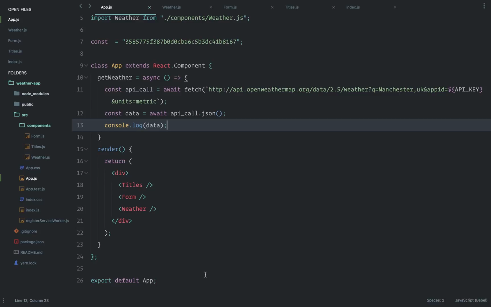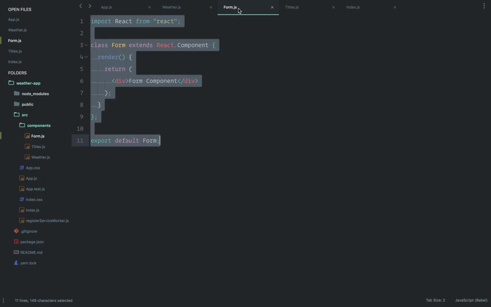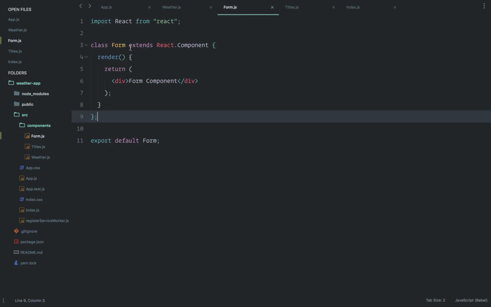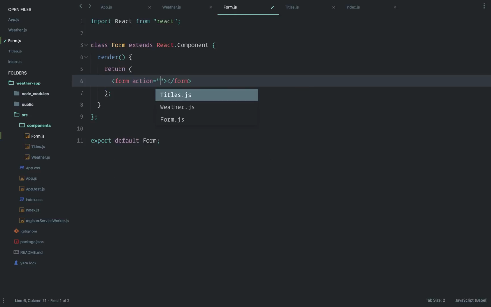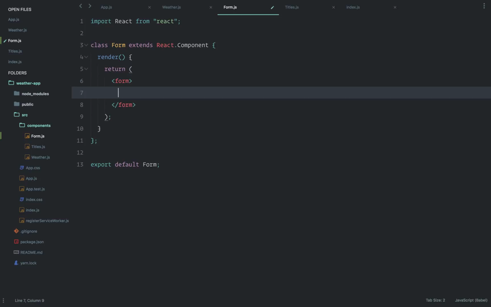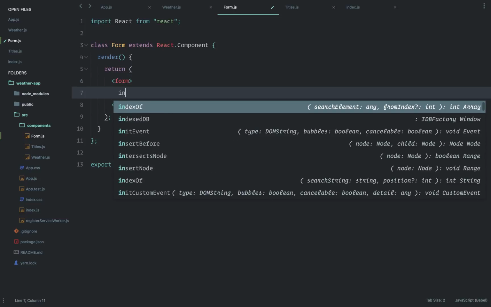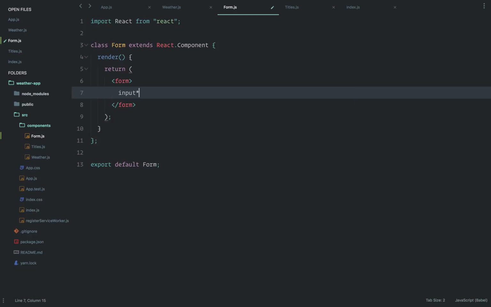Now I'm going to introduce you to props. But before I do that, I need to fill out this form component. So return a form. And I don't need the action, so I can just delete it. And right there, I'm going to create a couple of inputs. So input,